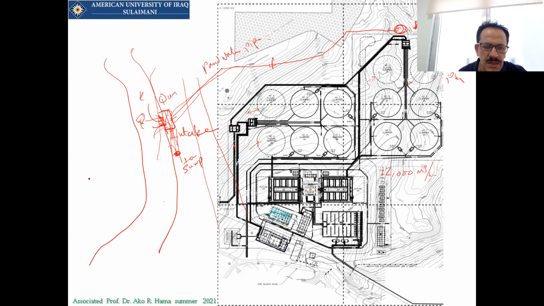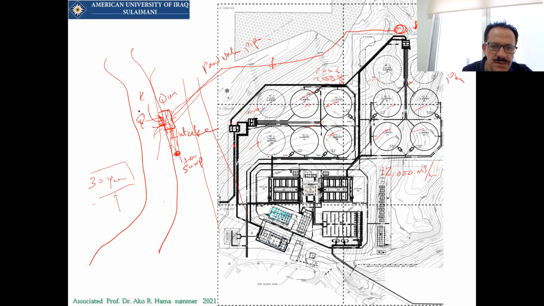But the following dashed lines are for the future expansion. We said that we need at least a 30 years design period. So what should we do? Shall we start with all the structures at one time, or can we manage our work step by step? They started working on this project in 2006, I think, and in 2008, 2009 they finished these items, 4 tanks here, and all these stay for the future expansion.